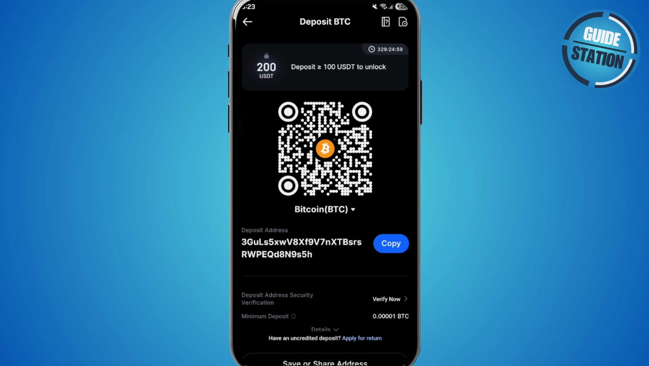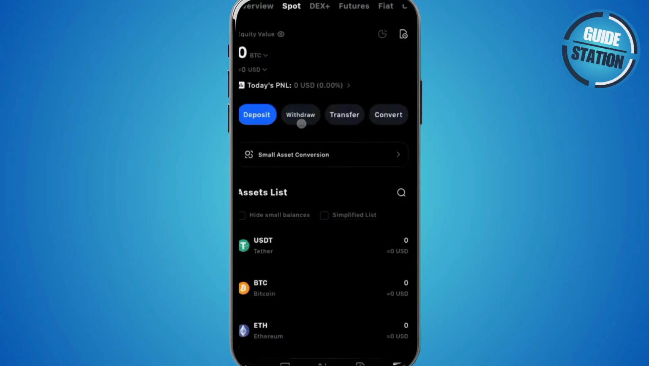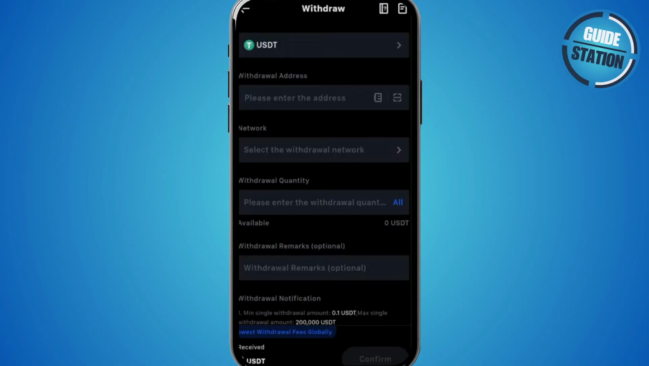Now, to withdraw, all you need to do is go to the wallets, which is located on the homepage. So go ahead and click wallets. Then from here, tap withdraw and choose the coin you want to withdraw, for example, USDT, and then select the